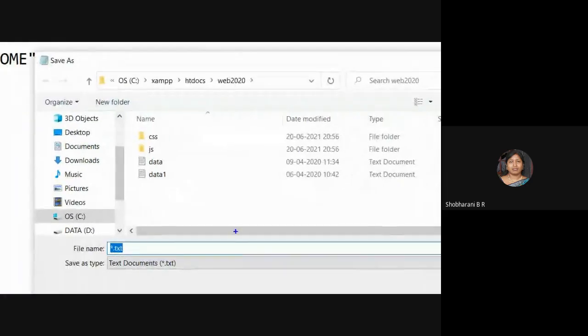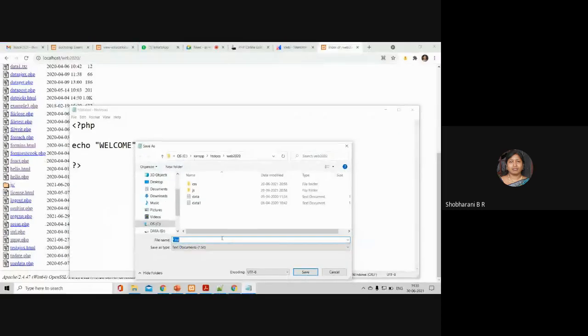Where do you have to save? Go to C drive, XAMPP, htdocs, and the folder that you have created. I have created web 2020. Now come to this place and give a file name. I'll put it as